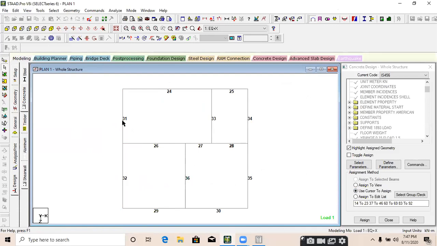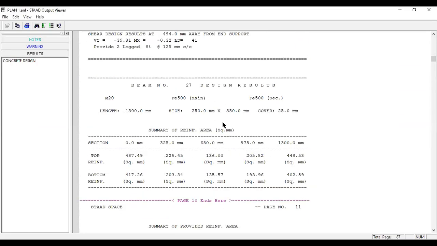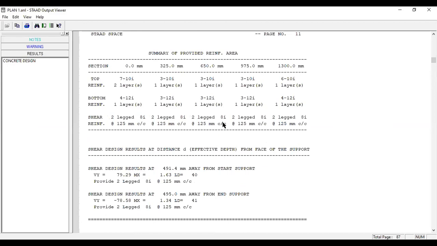Okay, 35, 36, 32, 31. Just go to the table or output file and find out all the beams. Write down each and every data: what are the top maximum, top continuous, top extra, bottom continuous, bottom extra? What is the shear reinforcement? Make a table. Okay, just try to make it today.